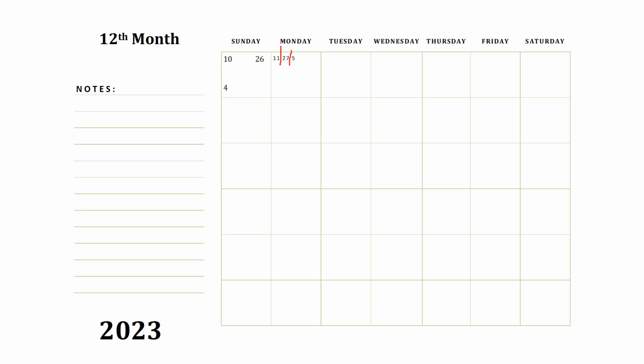Make sure to double check. You got 10, 11. You got 26, 27, 4. You got 5. So you got to double check those. Also, if you notice right here, you don't have the word month anymore, and you don't have the word year down here anymore. What you do, you click in that box, and then you type it in.